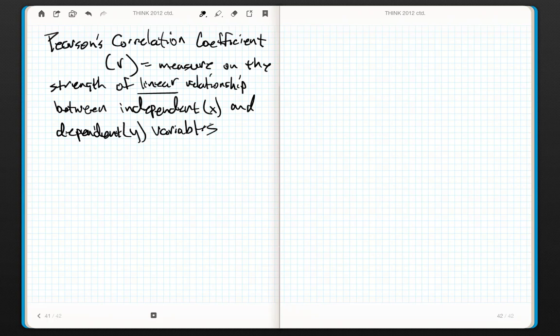Okay? Now, like I said, everything that we do in here is going to be done on the calculator, and we're going to do it in class. So don't freak out, okay? I promise we're not going to have to do any of these by hand because they're absolutely horrific. All right, you ready? R always lives between -1 and 1. Always. Now, let me give you an example. Back here,